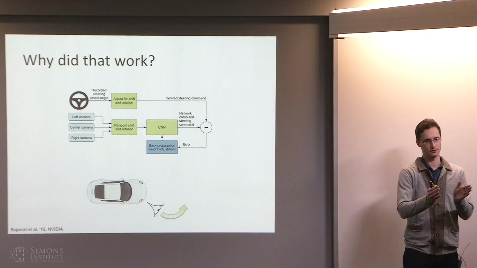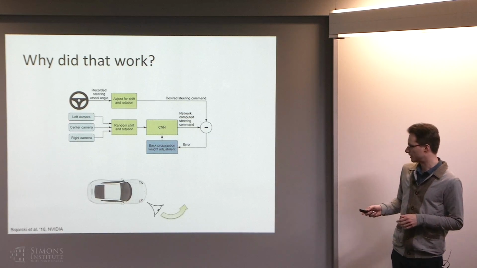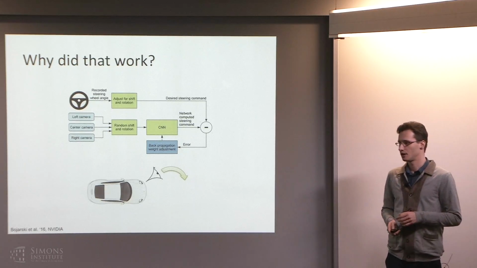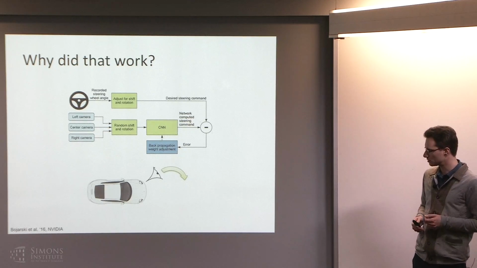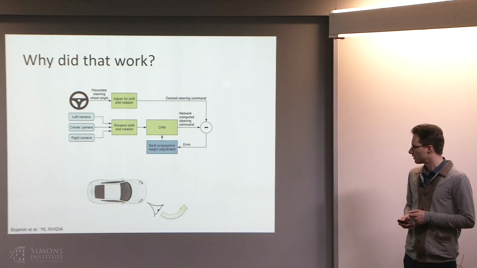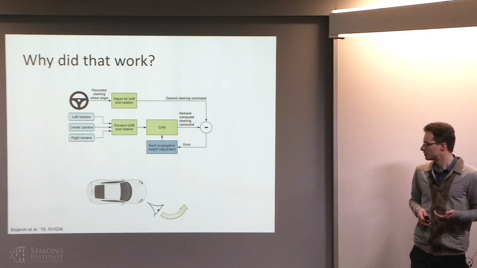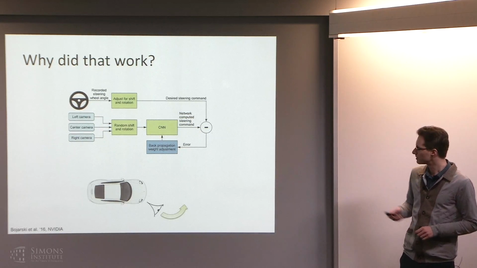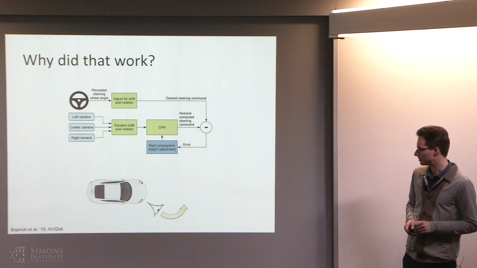So when it starts to drift a little off the road, it sees the view that maybe the left camera saw. And now the supervision for that was to turn right. So from this, you can actually get a controller that stabilizes the car and keeps it in its lane. That's very interesting. And the word stabilizing might be a little thought-provoking because in the world of optimal control, we deal with notions of stability quite a lot. So maybe that's part of the explanation here.